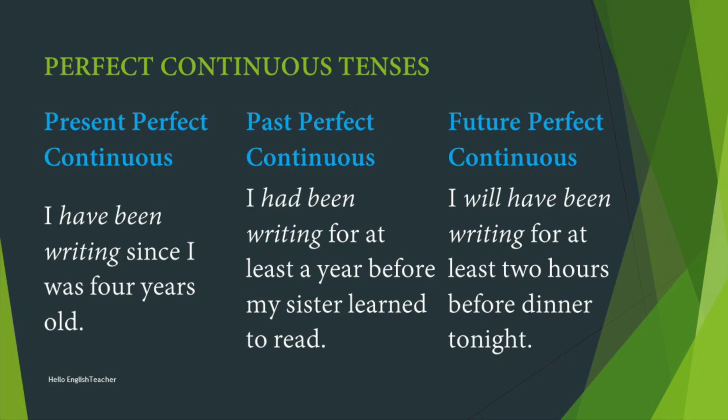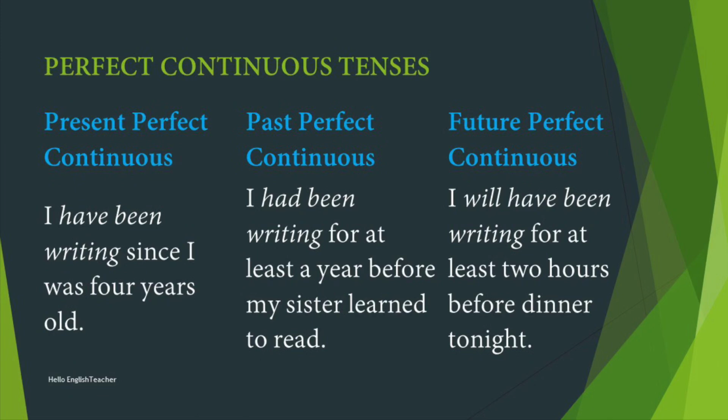So, the next one is the past perfect continuous. So, what is this tense? This tense is used to show that some action started in the past and continued up until another time in the past. So, how do we write this past perfect continuous? You can use the word had plus been plus the present participle. So, that is one way of writing.